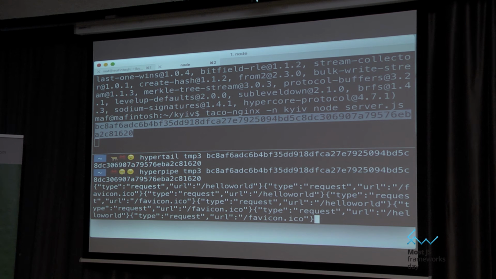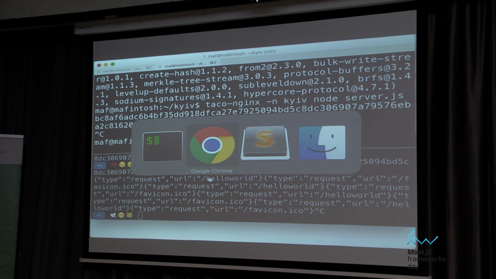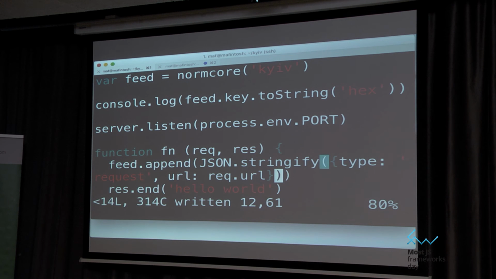There we go. So now we can get all the requests logged from the application, but we get JSON out instead. It's kind of hard to read because there are no line breaks. So let's just fix that real quick. See if I can remember my parentheses this time. I think this is correct.